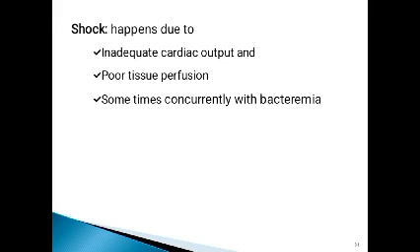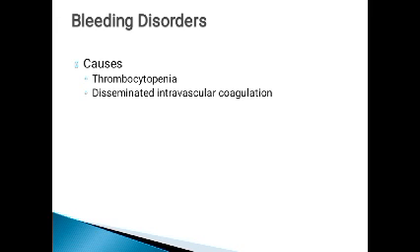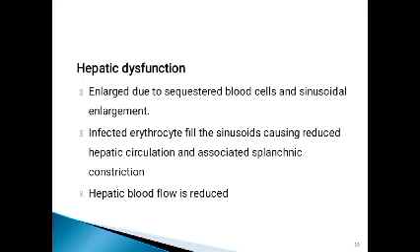Shock happens due to inadequate cardiac output and poor tissue perfusion, sometimes concurrently with bacteremia. Bleeding disorders cause thrombocytopenia, disseminated intravascular coagulation, and hepatic dysfunction, with the liver enlarged due to sequestered blood cells and